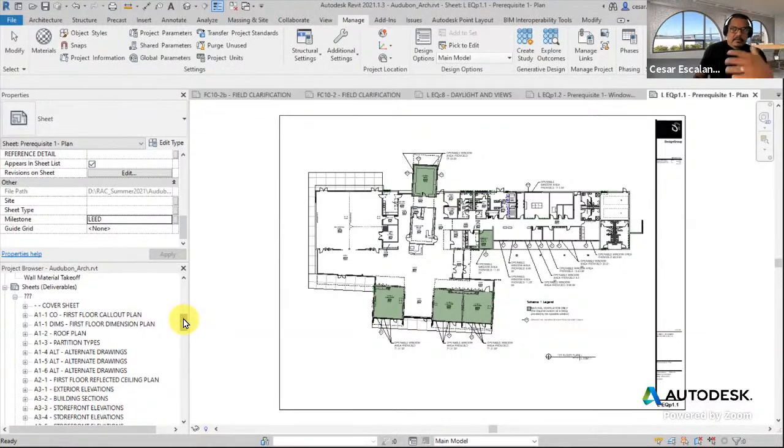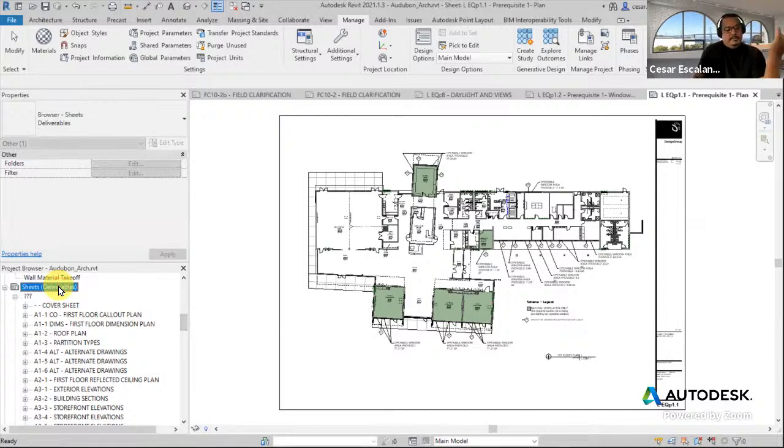And the typical trade sequence in sheets is you have the code analysis sheet first, although that's debatable. I've seen it in other places as well. Then you have the architectural, the landscape, then the civil, then structural, and you may or may not agree with me. But if the order of the disciplines is not exactly alphabetical, you can create a project parameter called discipline or order or sheet order, and